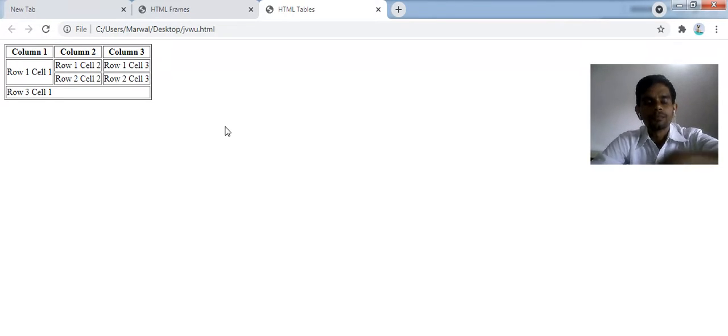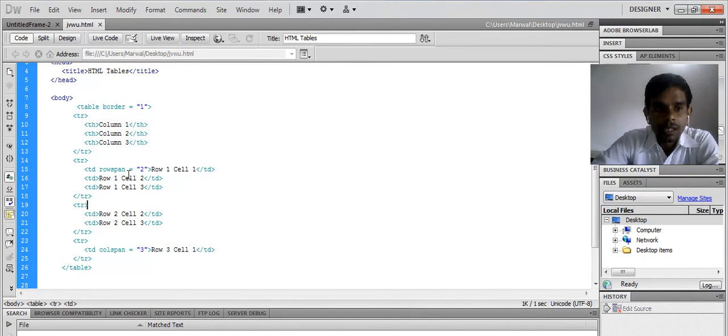Look at that. Here I am merging columns, here I am merging total rows. It means here I merge two columns and here I merge three rows. Let's see the code I have written. Rowspan 2, colspan 3.